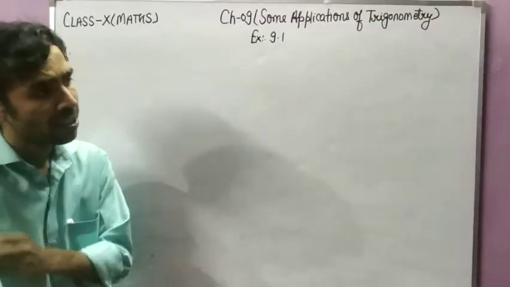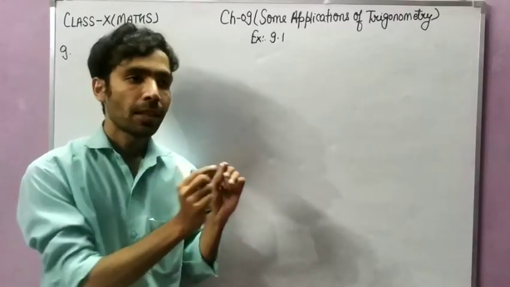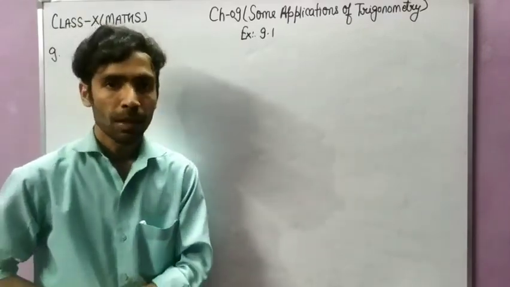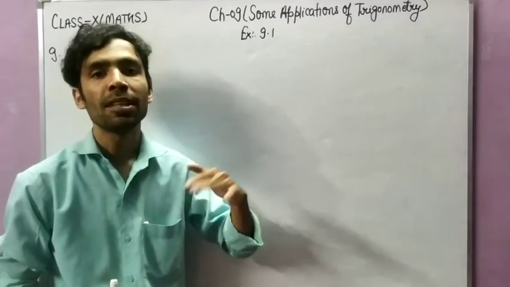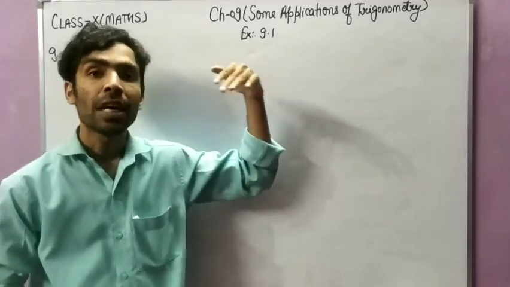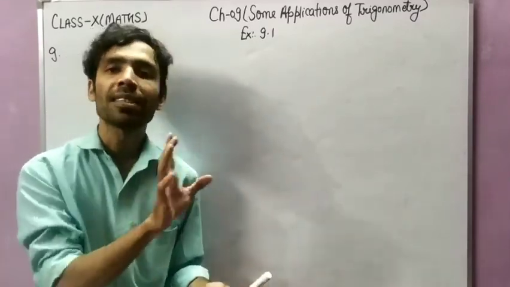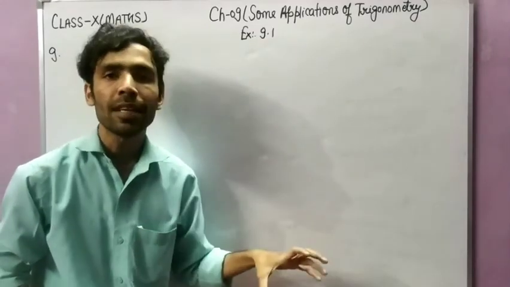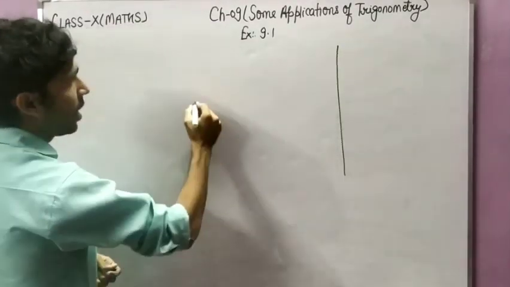So student, first listen to one thing. Whenever a tower and a building come together, we assume that the height of the tower is more than the height of the building. ठीक है, जब भी टावर और बिल्डिंग साथ में आते हैं उस केस में हम लोग टावर को बिल्डिंग से बड़ा मानते हैं. वो हमेशा होता नहीं है लेकिन मानते हैं, क्योंकि if the height of the tower is longer then the communication will be easier, क्योंकि अगर टावर छोटा होगा तो वो सिग्नल कैच ही नहीं करेगा. इसीलिए जनरली अगर टावर और बिल्डिंग साथ में आते हैं, so in that case we assume that the height of the tower is greater than the height of the building.